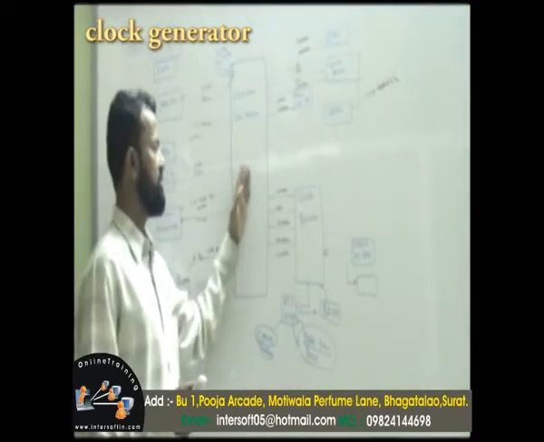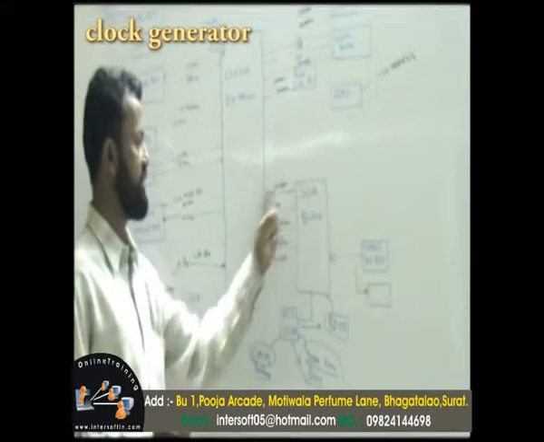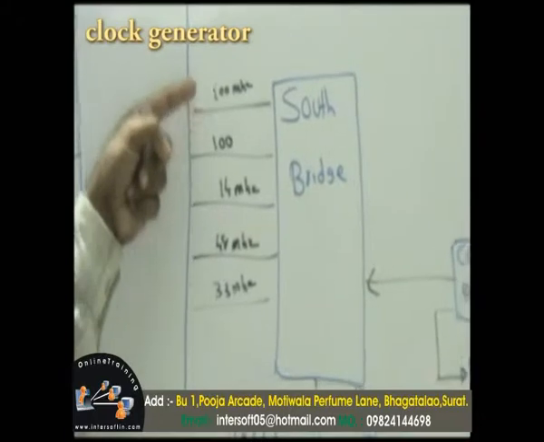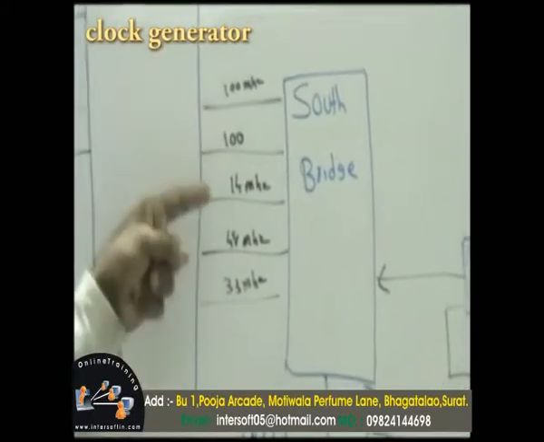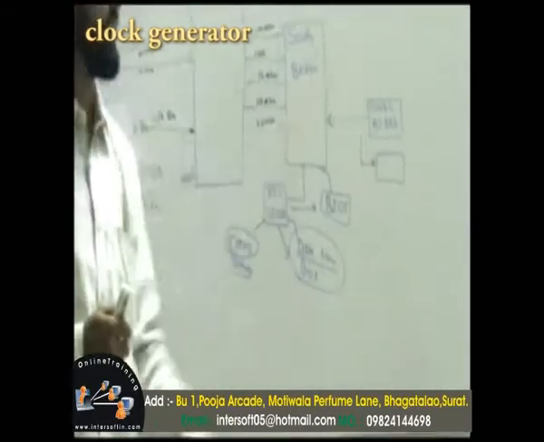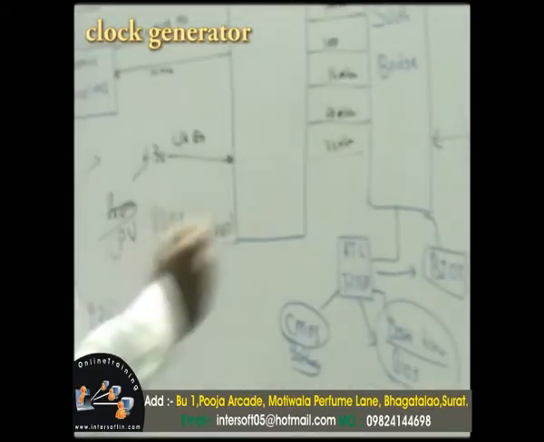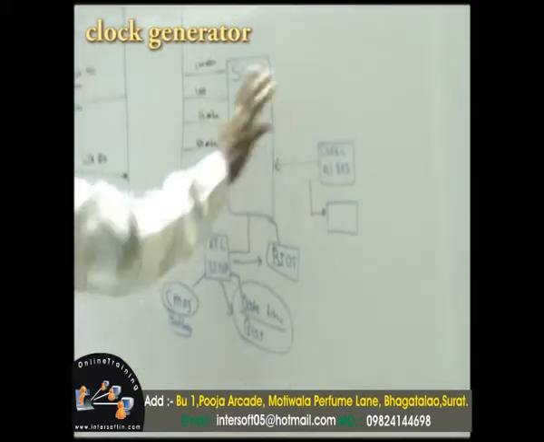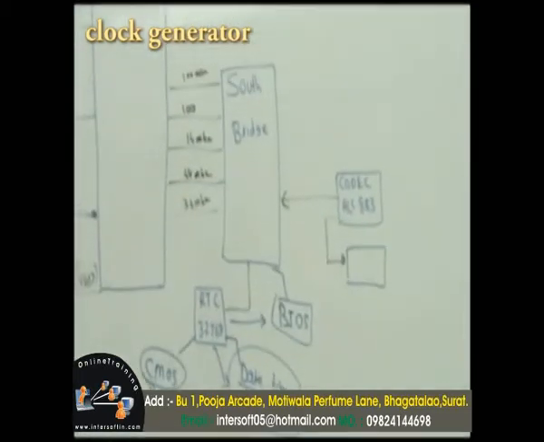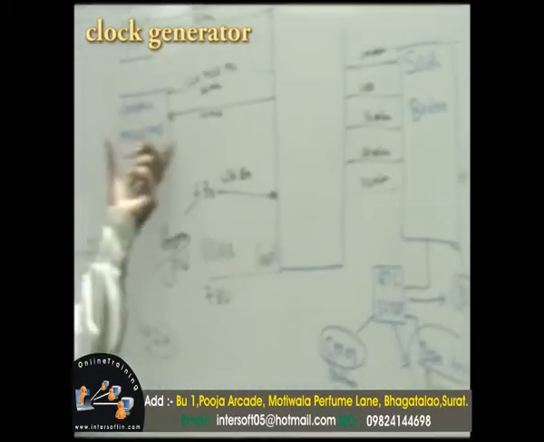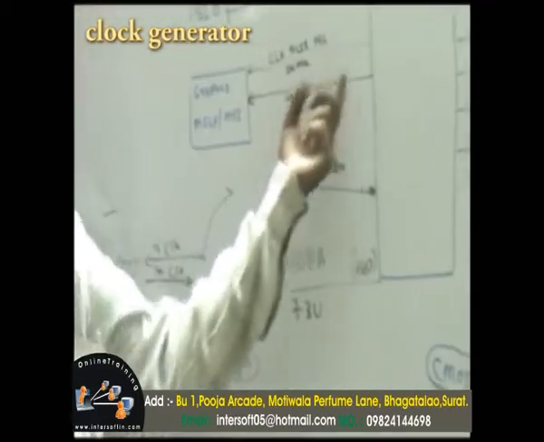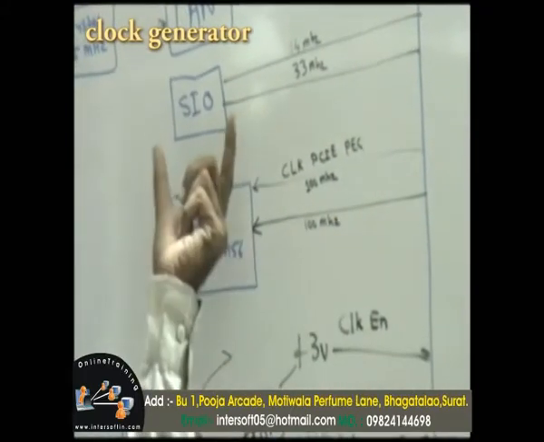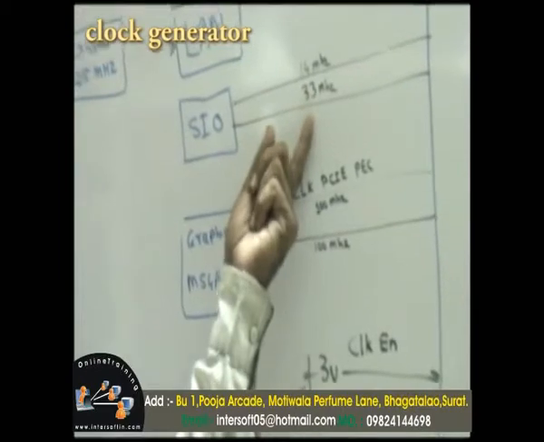So when the clock generator is on, it will give the different components different megahertz: 33 megahertz, 48, 14, 100 megahertz. Each device gets a different clock through the South bridge, and RTC is also required from the South bridge. CD-ROM also requires it from the South bridge. These are connected with the help of the South bridge. Another is the graphic ICs. Graphic IC also requires a clock, so it will supply 100 megahertz to the graphic chips. SIO output is 14 megahertz and 33 megahertz also.